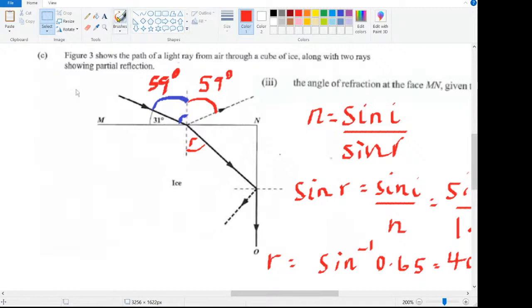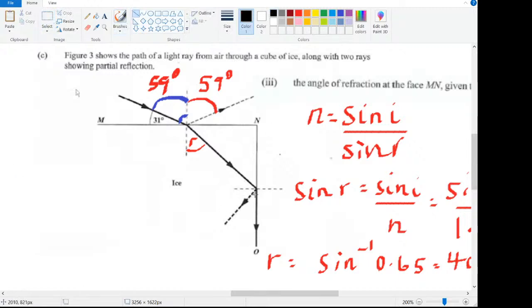Let me just see how much it is though. C will be sine inverse of 1 over n, 1 over 1.31. Let me just work it out. I don't think you have to work it out or anything though. I'm just checking. The critical angle is about 49.8 degrees. So I don't think you need to use a protractor for this, but what you want to do is